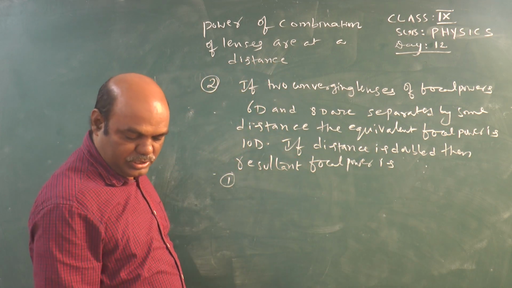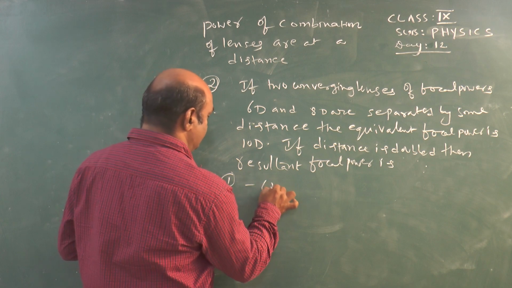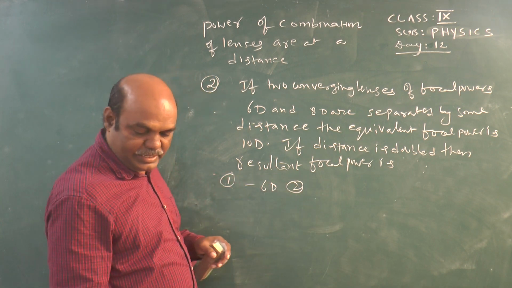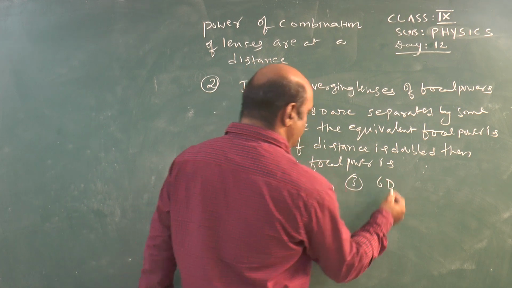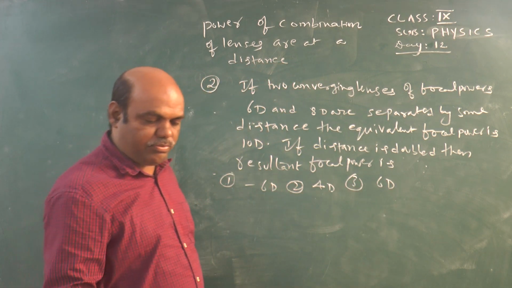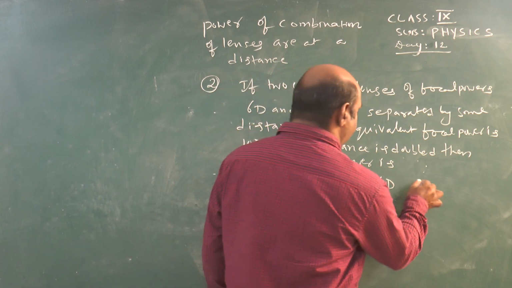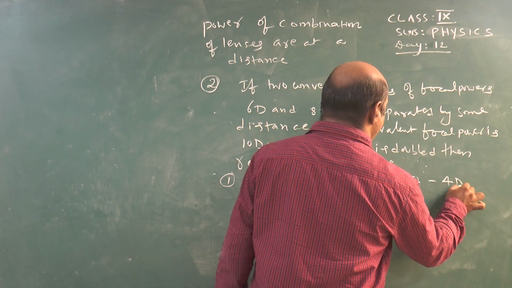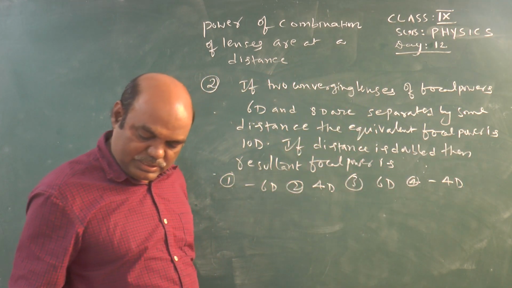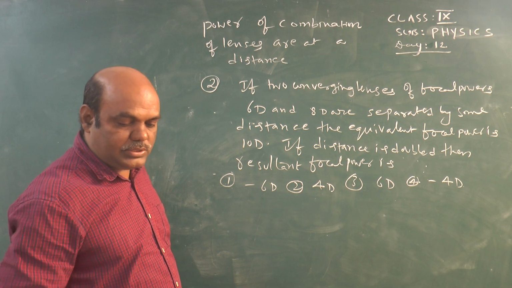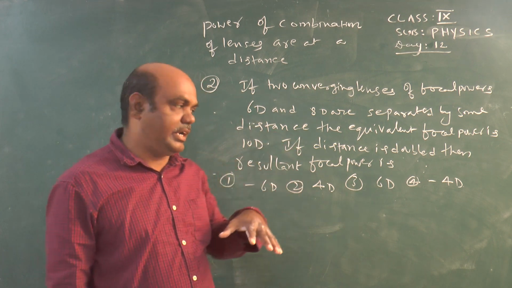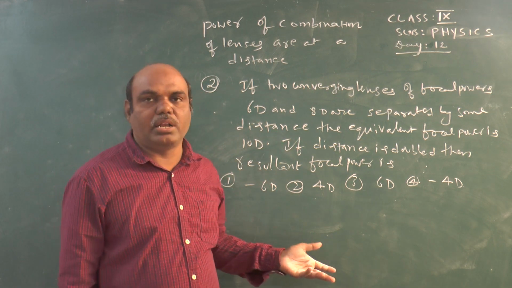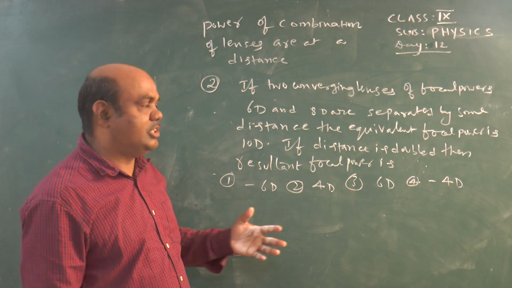So first option minus 6 diopters, second option 4 diopters, third option 6 diopters, fourth option minus 4 diopters. So see here, in this problem our aim is to find the resultant focal power, but the condition is